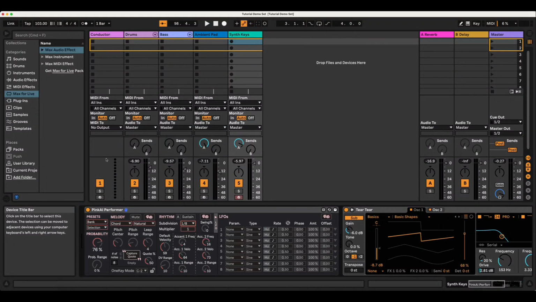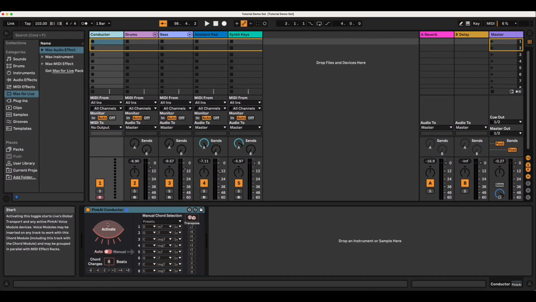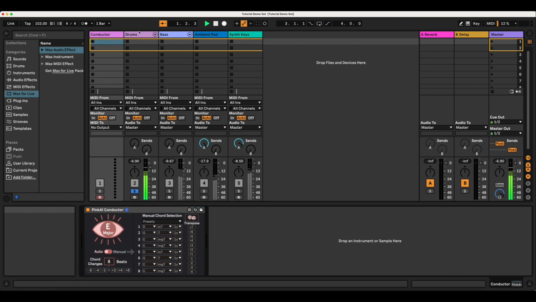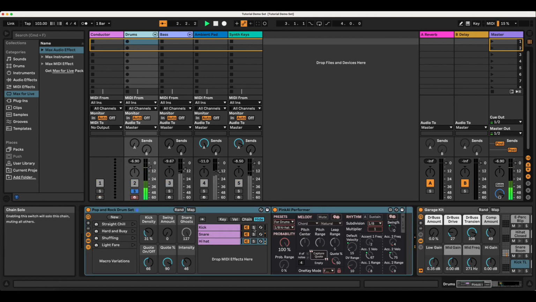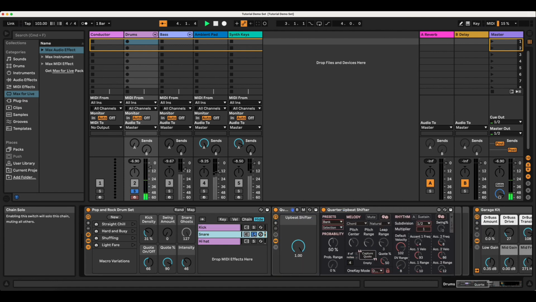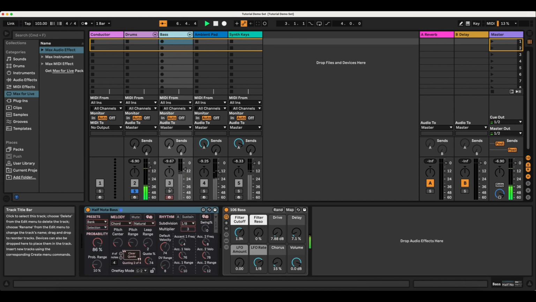In this video, I'll be walking you through some of the features of the PinkAI Performer Module. This session features one track for the conductor, one track for the drums, which consists of a performer module for the kick, the snare, and the hi-hat, one track for a bass,